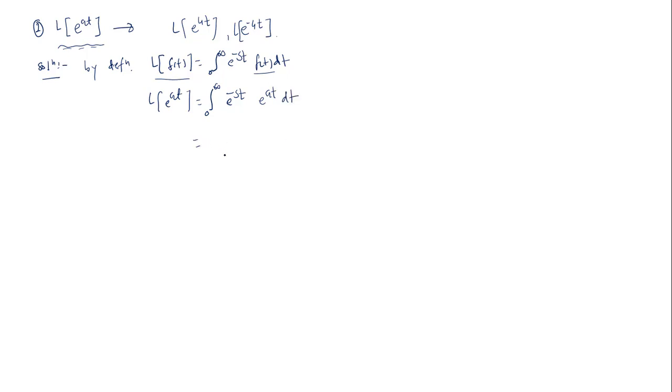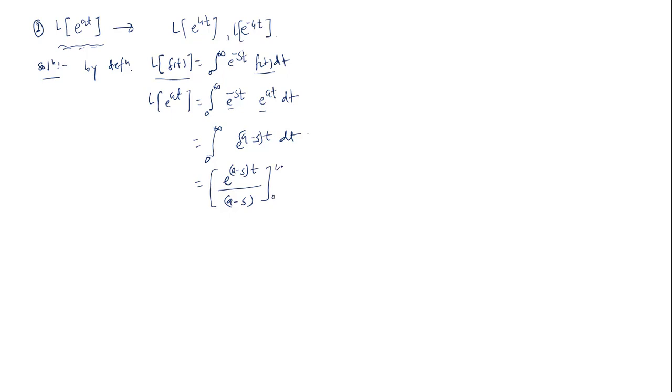Just rewrite this quantity, the integral from 0 to infinity of e raised to power. The base here is the same, so we can combine the powers. Okay, so what will be here? We can take t as common and rewrite this power in this form, suppose a minus s into t. Then we can easily apply the integration of the exponential term. So it is e raised to power a minus s into t divided by a minus s,